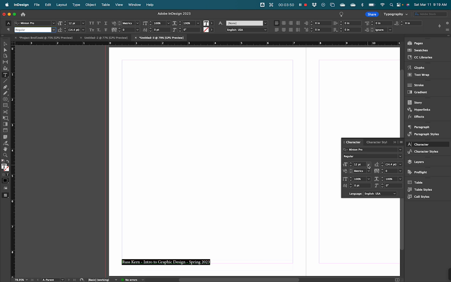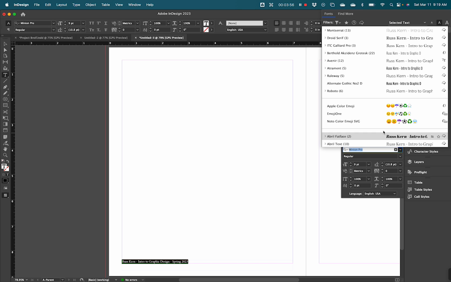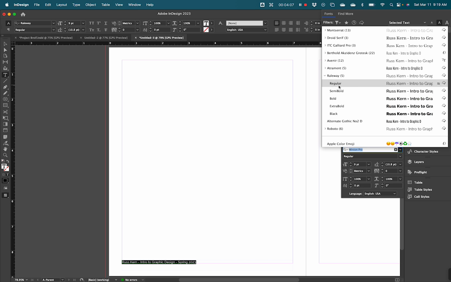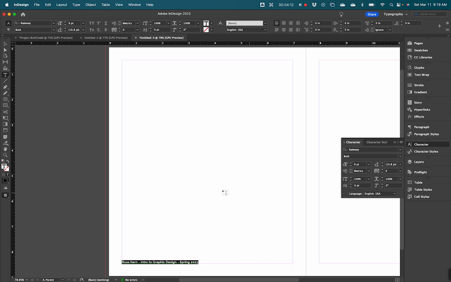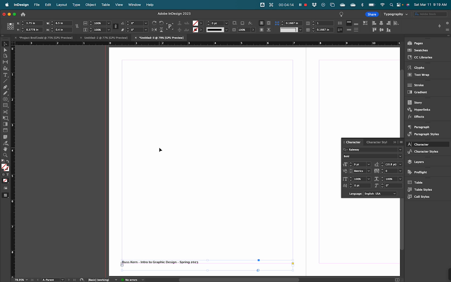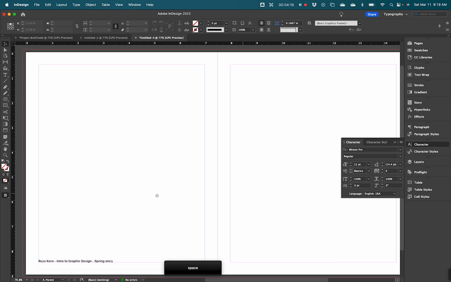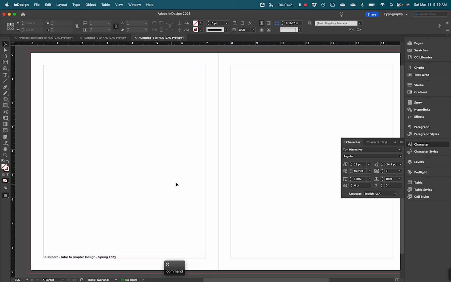So I'm just going to reduce the point size on this to 9 points. And I'm going to change it from Minion Pro, which is the default, to, I'm going to use Raleway. I have that here and handy. And I'm going to make it bold just so it kind of stands out a little bit. And now, so I've got that little footer